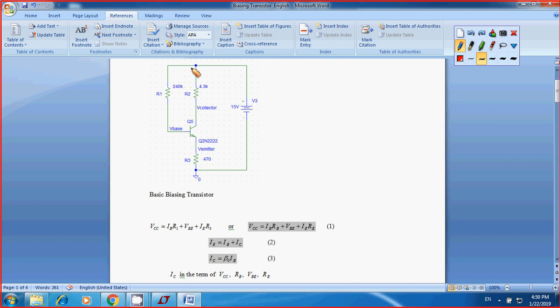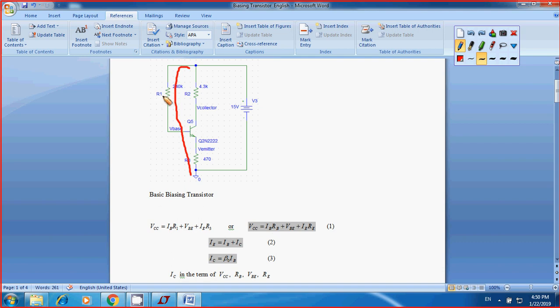I take a look at this loop, from the top path to the base resistor, and also the emitter resistor. So when you apply KVL, you know that this is your VCC, right? The supply voltage, and that's going to equal